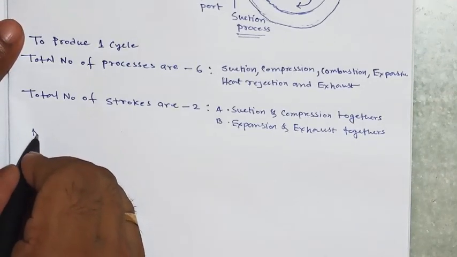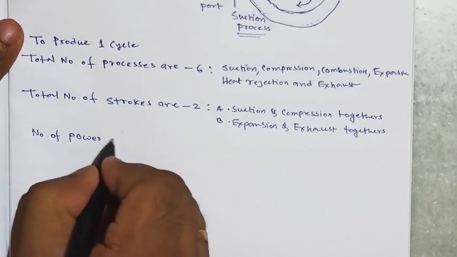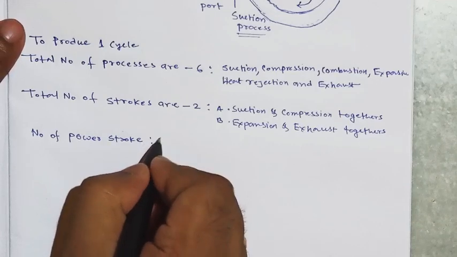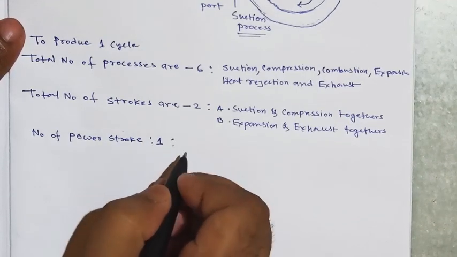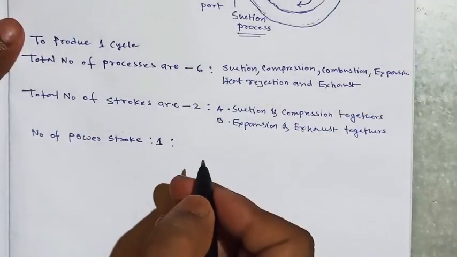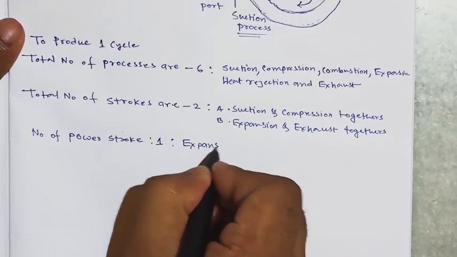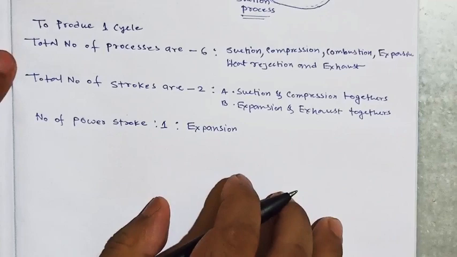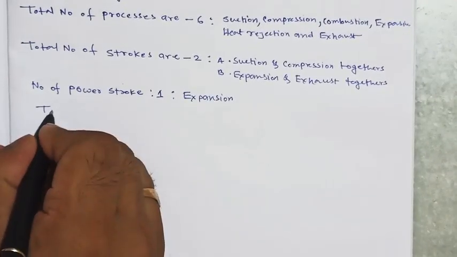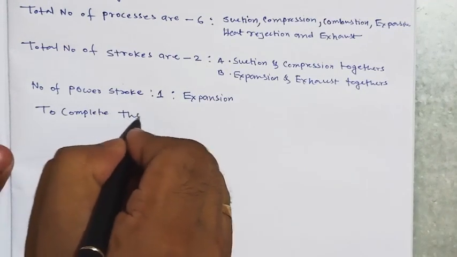Here the number of power strokes is 1, which we already know. For the 4-stroke engine this is expansion, and for the 2-stroke engine this is also an expansion process. Now we can write for this 2-stroke engine, to complete the cycle